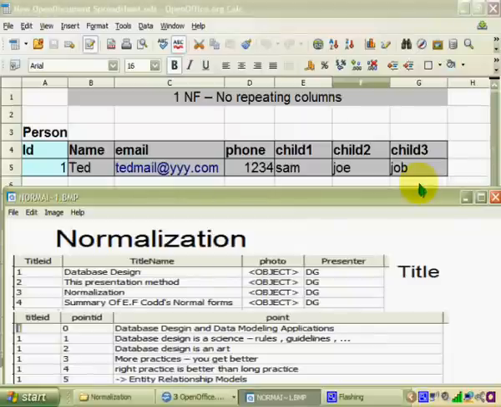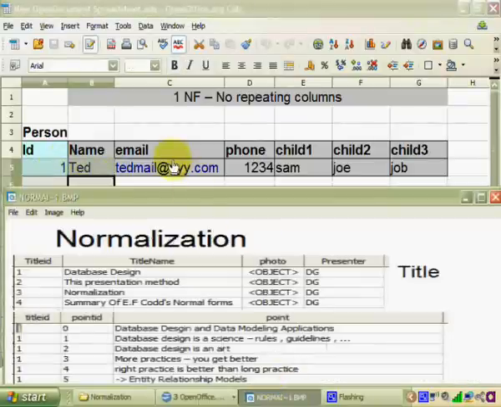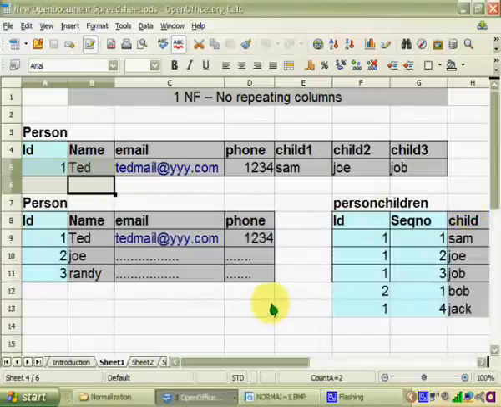So you can directly see the disadvantage when a table is having repeating columns. That's why the first normal form states there should be no repeating columns. But let's look into an alternative design for this. The alternative is to split this table. I will keep only the non-redundant information, the non-repeating columns. The non-repeating columns are id, name, email, phone, and then I will take the repeating columns and put them in another table. So this is the alternative design that I came up with.